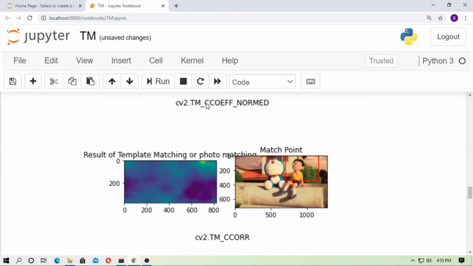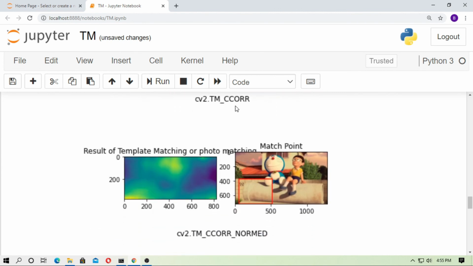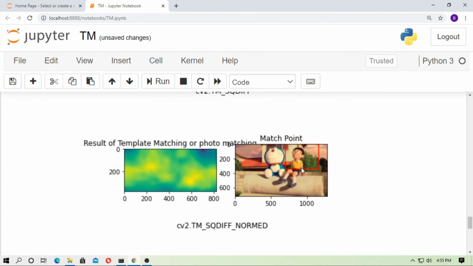The method is TM_CCOEFF_NORMED, and third is TM_CCORR, and this is a bad result. And the next result is for correlation normed, and the next result for square difference, and this is the heat map, and this is the result point.